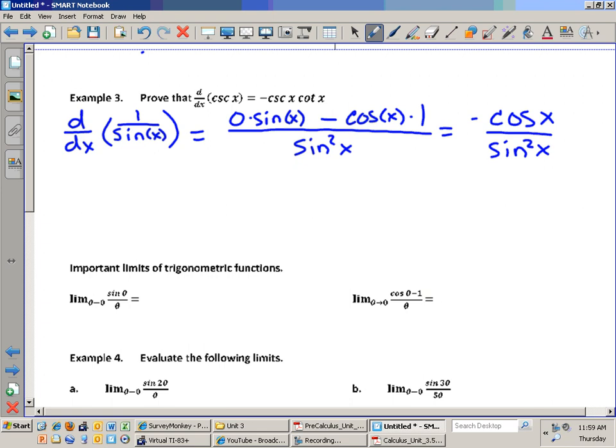Very good, Sean. Here's what Sean says. He says that we should do this. Sean says do negative cosine of x over sine of x times 1 over sine of x. So all Sean did is he split it up into two pieces. What's negative cosine over sine? Cotangent. What is 1 over sine? Cosecant. So you have a negative cosecant